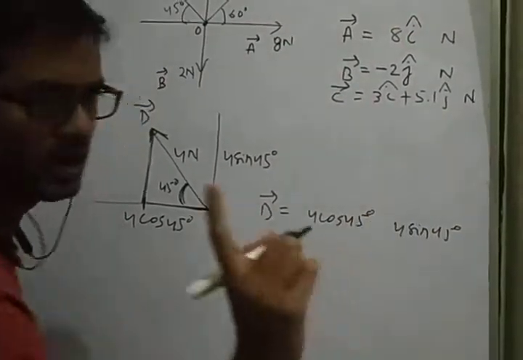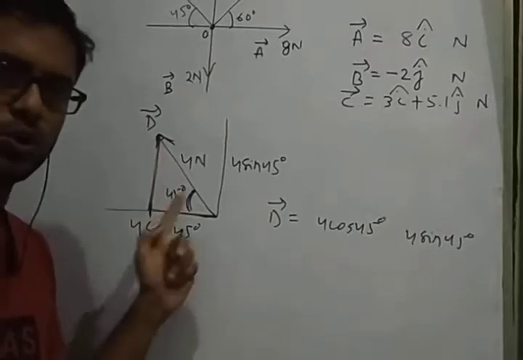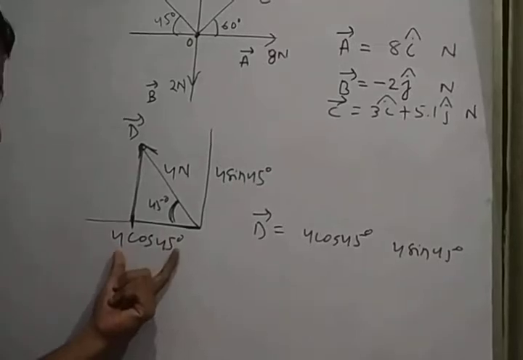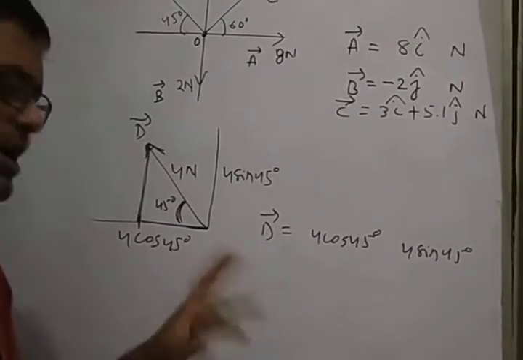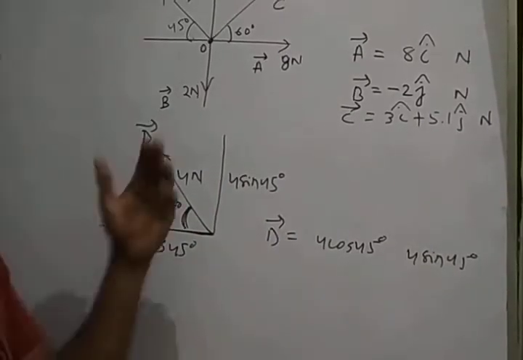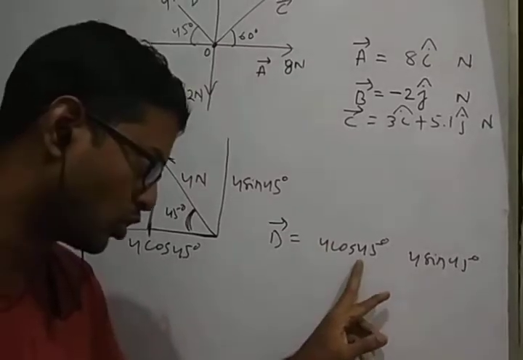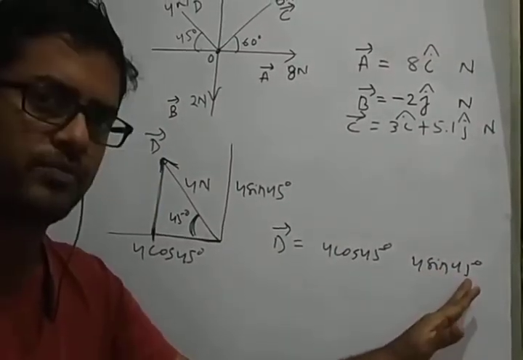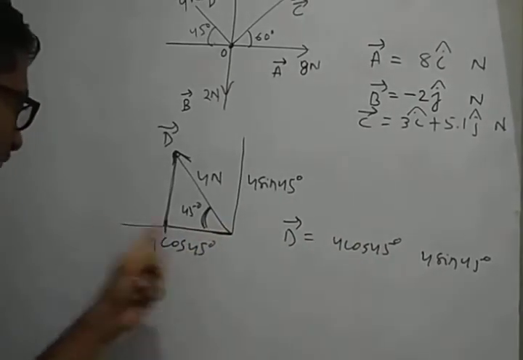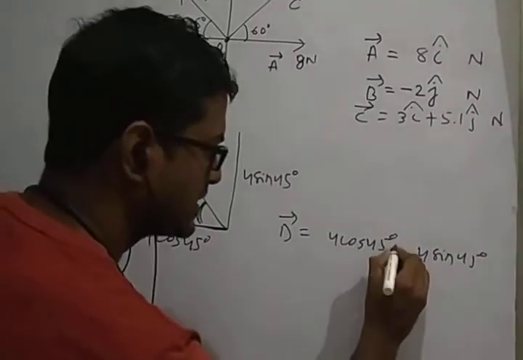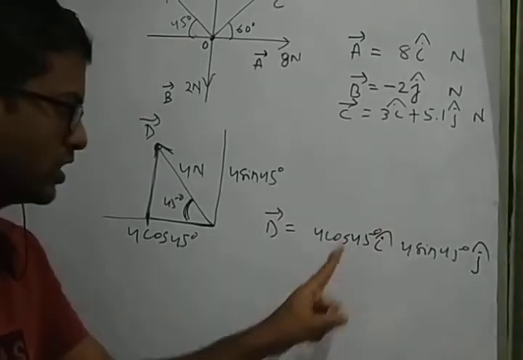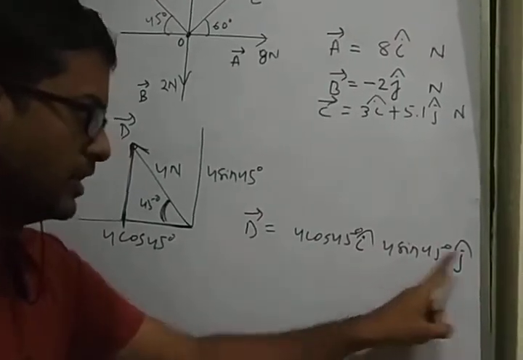I am telling you one simple trick. Whenever you are resolving any vector into two components, x component and y component, just write the vector on the left side. So here it is 4 cos 45, which means the other side will be 4 sin 45. If it is 4 cos 30, the other side will be 4 sin 30. If it is 4 cos 60, the other side will be 4 sin 60. So if you are writing 4 cos 45, immediately write 4 sin 45. Then check in which direction 4 cos 45 is acting. 4 cos 45 is acting along negative x-axis. So x-axis means i cap. Since this is i cap, this has to be j cap. Do you get my point?